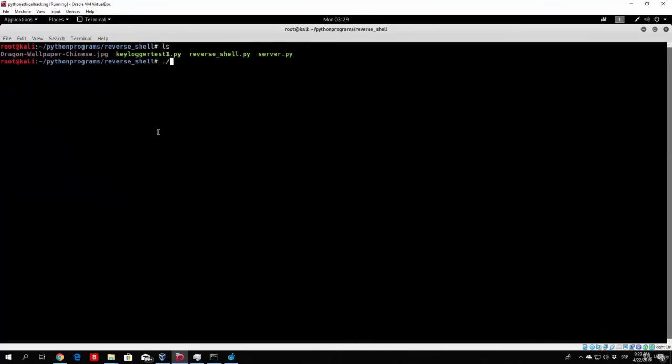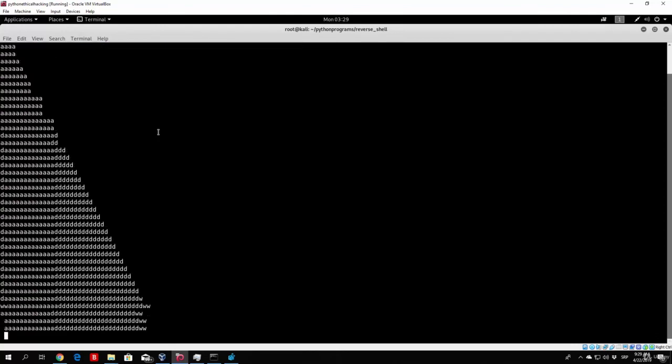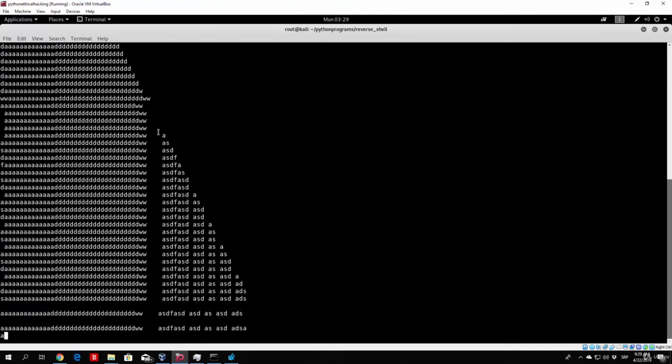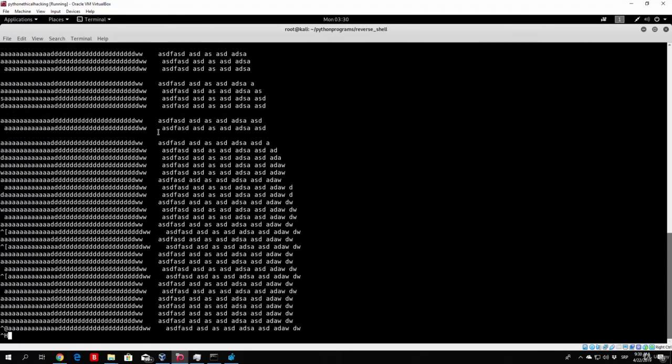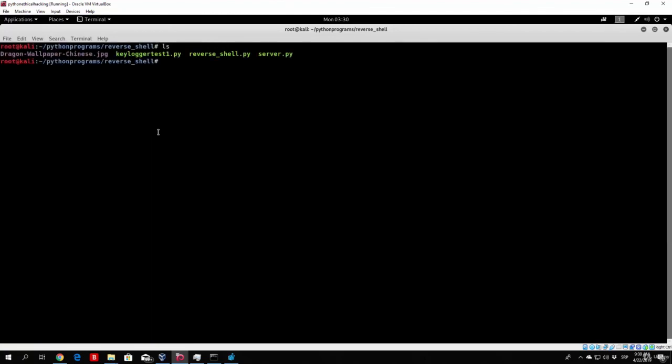Let me just run this right here. Let us print. You can see it prints everything. But you can also see it prints the previous thing as well as the new thing. And if you just type here space, you can see it also prints space. But if you just type here enter or backspace or escape, you can see nothing really is printed right here. But we also want to print the actual enter and the actual backspace and so on and so on. So in order to do that,